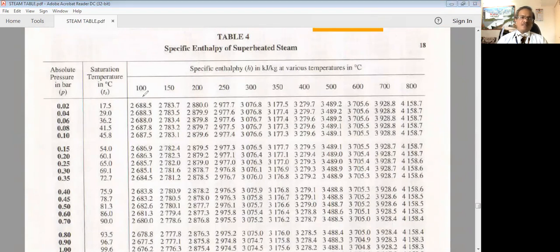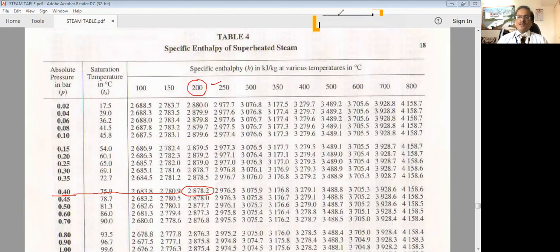So it is similar. Here also, suppose we are taking the pressure equal to 0.40, then corresponding to this pressure we can take any temperature. Suppose we have taken the temperature 200 degrees centigrade. So at this pressure and temperature of 200 degrees centigrade, you will see this is the value of enthalpy of superheated steam, which is 2878.2 kilojoules per kg. So directly from this pressure as well as this temperature, you can read this value from the steam table for the superheated steam.